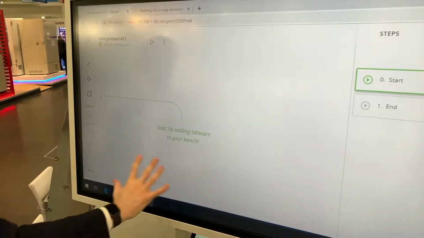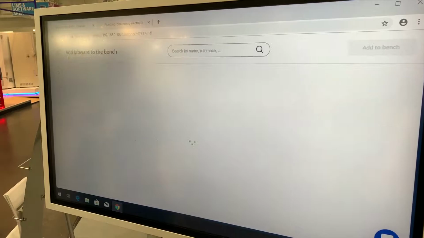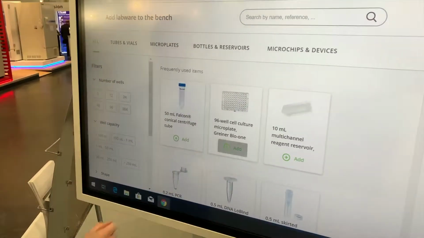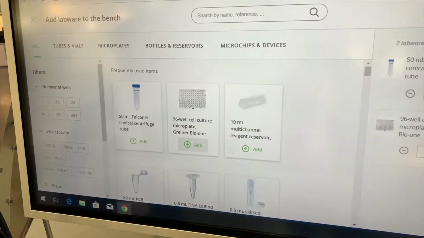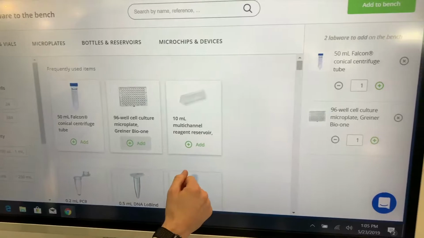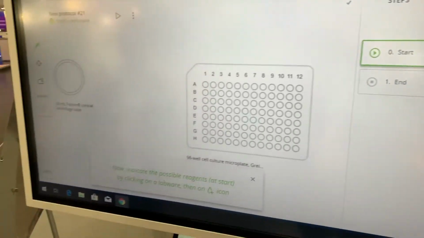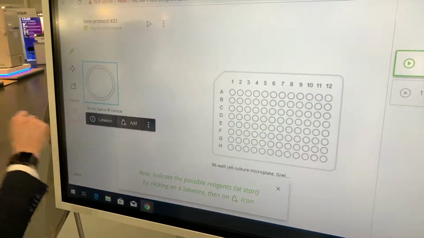With a virtual bench space that you see on the screen here, we can directly add labware into our bench space and start working with them by dragging and dropping. So if I were to add here on my bench space a Falcon tube and a 96 well plate, quite simply, add them onto my bench space directly like this, decide that I now want to fill my Falcon tube with a solution,